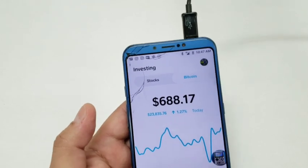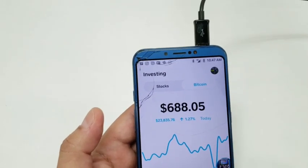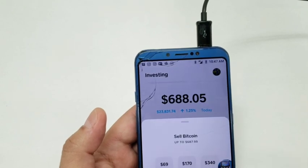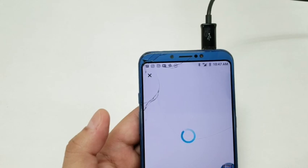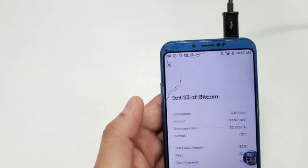So today we started at about 685. I did a couple of trades already today, but I just want to take a look at this. We're going to sell right here, $3. I'll show you what's going on. Put my pin in. Okay, so we're confirming,